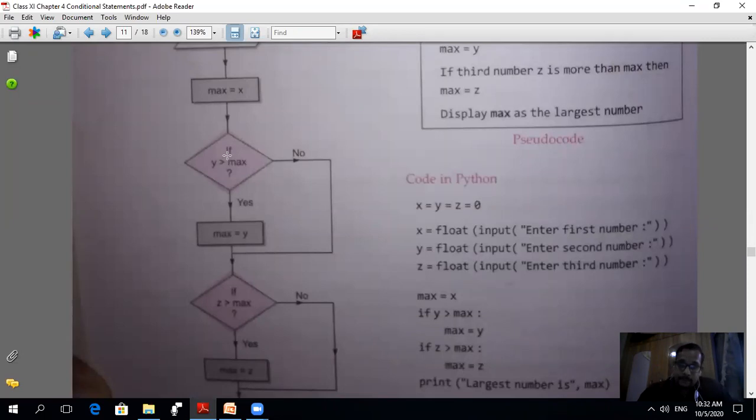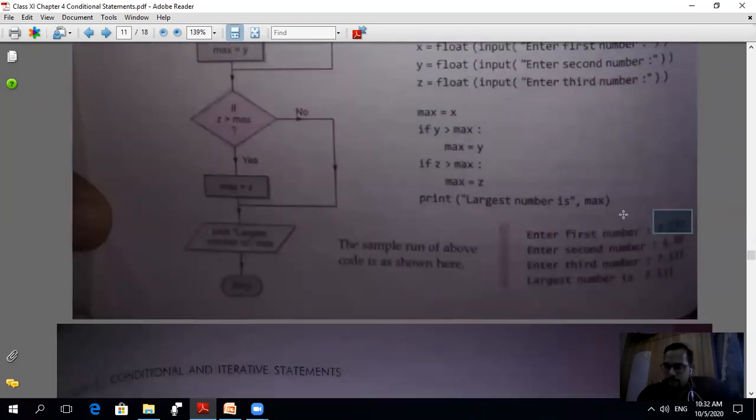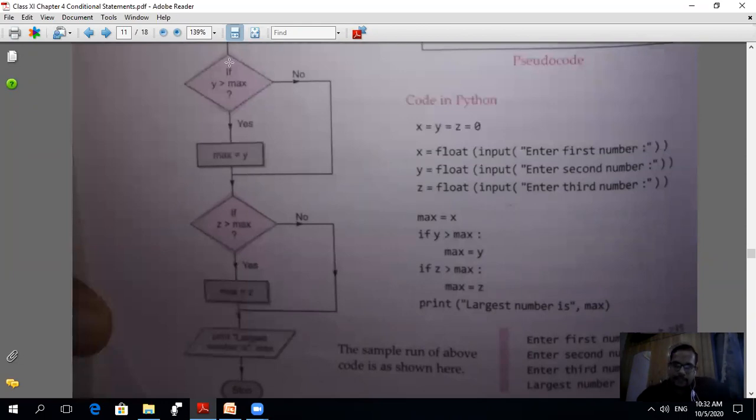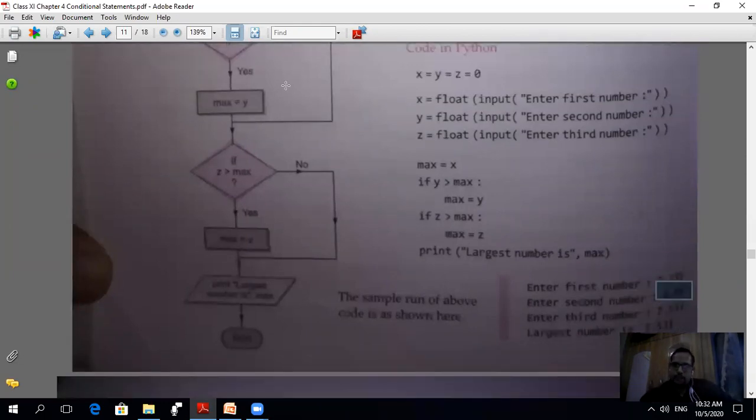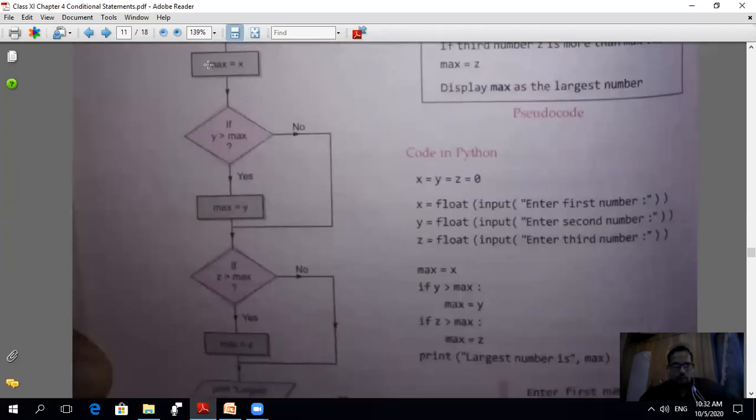ठीक है, check. If y is greater than max, maybe the value of y is more than the value of max. So this time the maximum value is 7.235 and the value of y is 6.99. Check this condition. Is 6.99 greater than 7.235? According to this, the condition is false.